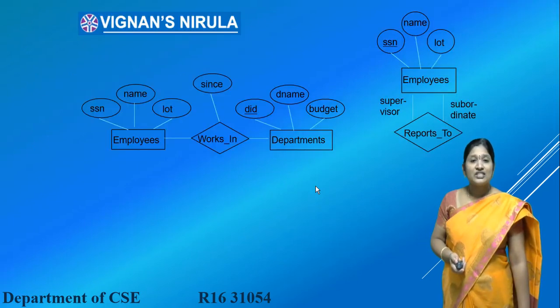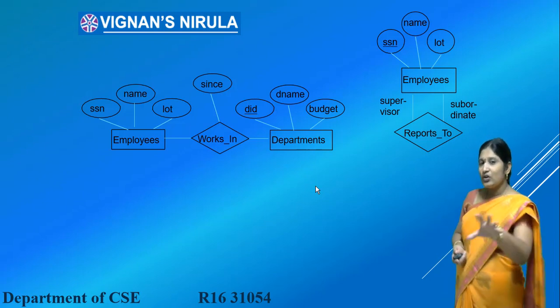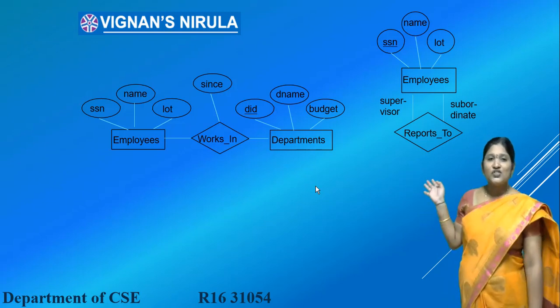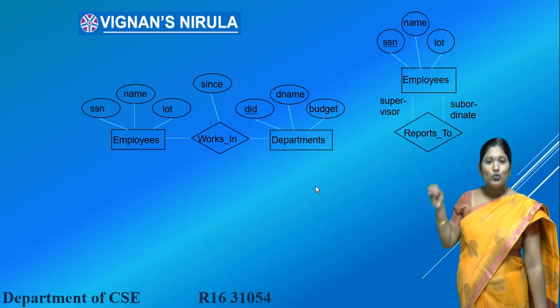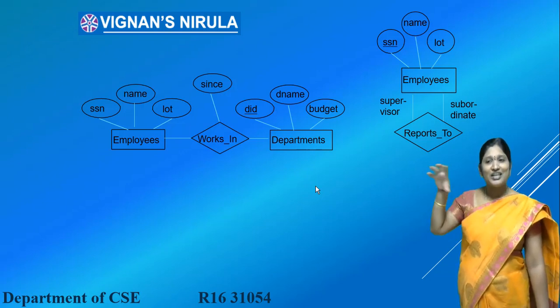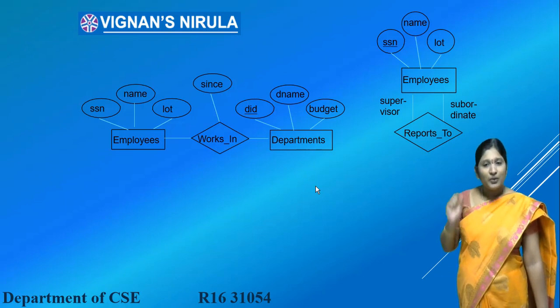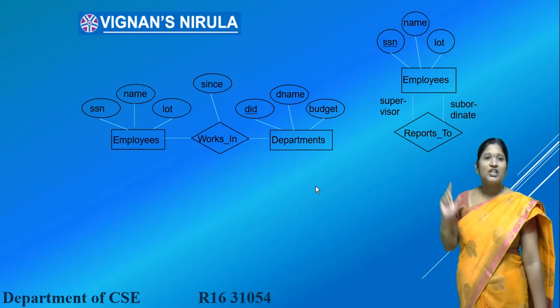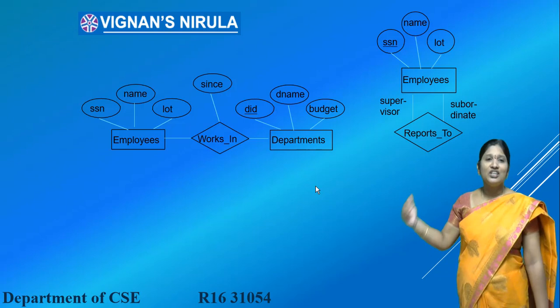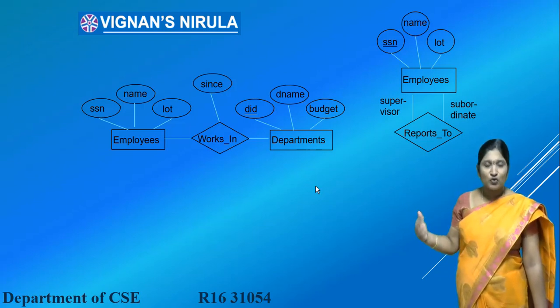So see, for example, here we have represented two kinds of relationships by taking two types of entities. Here the data that has been given to us is that a particular employee is working in a particular department. E1 is working in D1, E2 is working in D2, E3 is working in D4. Like that, we have the database.